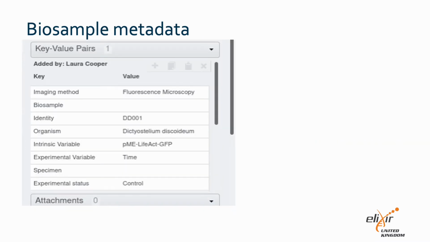Next, I consider the biosample metadata. I've used a key with no value to add a heading. You may prefer not to do this and just have the metadata. Either way is fine. Just make sure to cover all the metadata modules described by REMBI. I have also included the biosample identity in the study component in this case, because all the images are of the same sample. You may choose to move this to the individual images or include it in the image file's name if the images come from different samples.